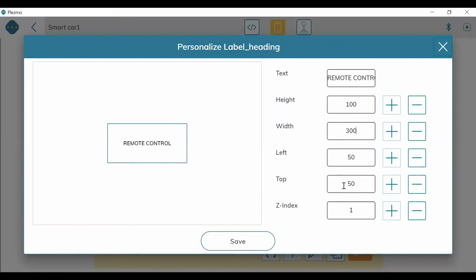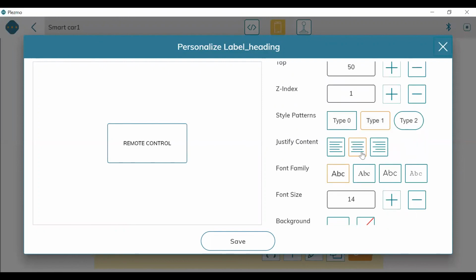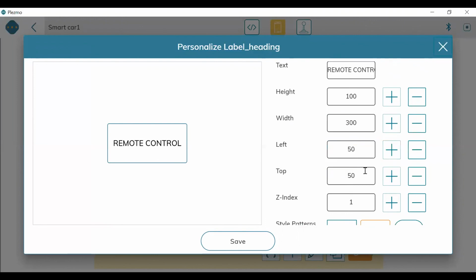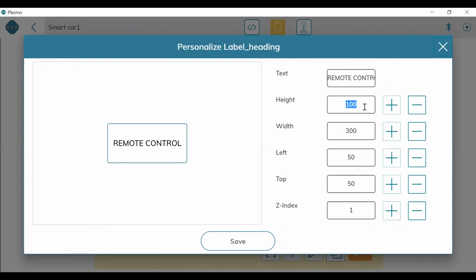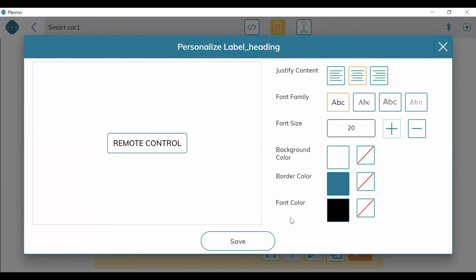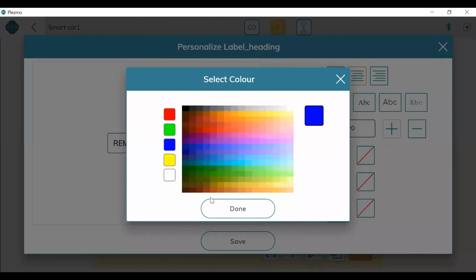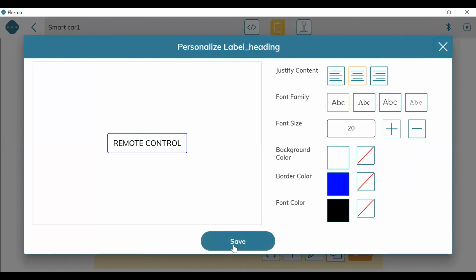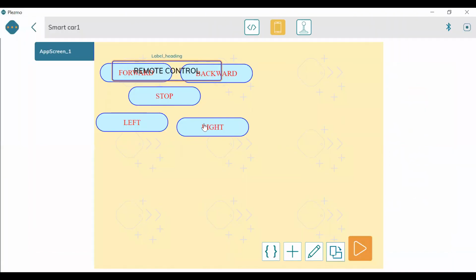Fine. And again we'll go down, we will choose the different patterns. We will keep it in the middle only. Font family, whatever you want to take, you can take. I'm taking Times Roman only, and we are going to increase the size. I think the height is looking a bit more. Let me bold it. This is looking fine. The height is looking more, so I will reduce the height. Let me take it as 50 only. This is looking nice. And I don't want any background color. I want border color as dark blue. And let me see, but now it is coming here.